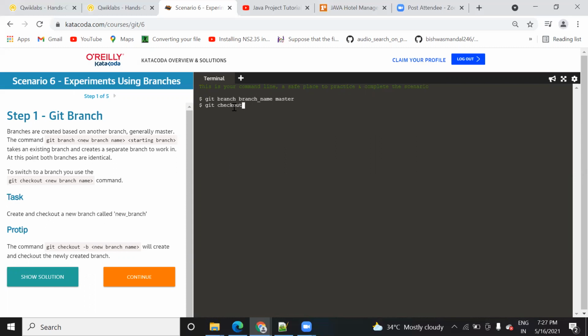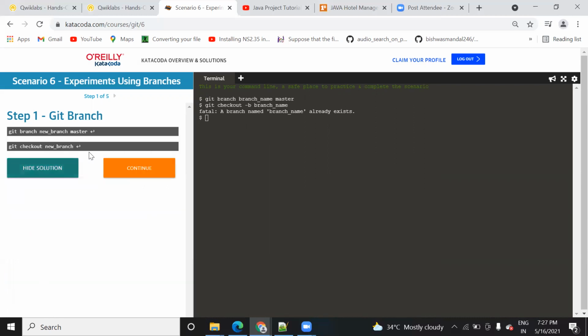Git checkout -b and the name, branch name. Okay, sorry, it already exists. It says that in order to check out, the branch already exists, so you can't do that. If anything is not clear, you can see the solution and run the same.